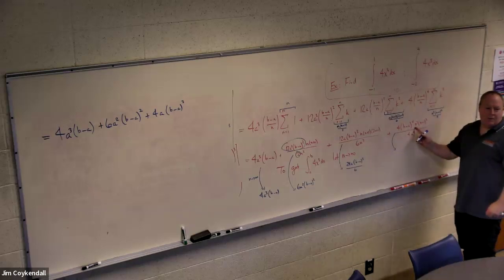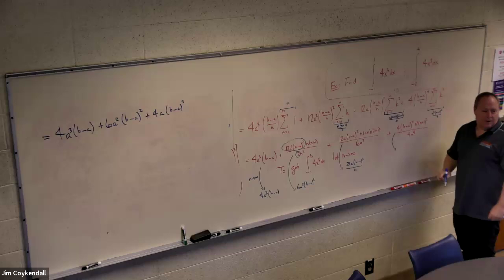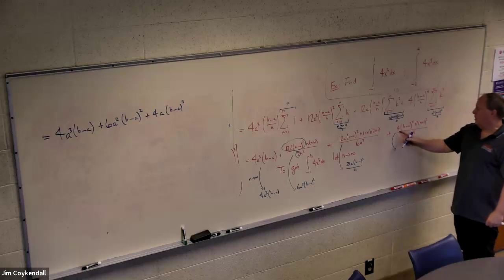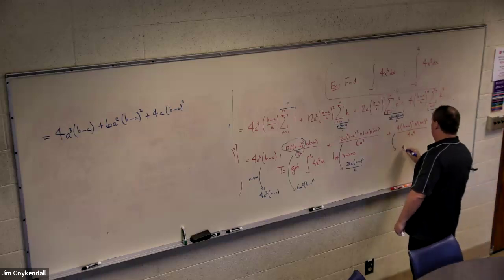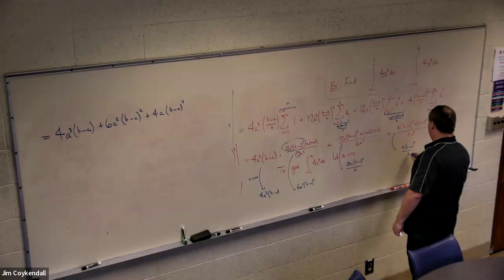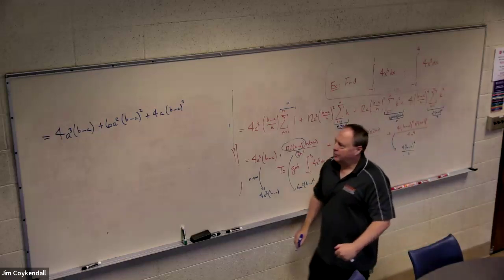Biggest power I see on top, 4. Biggest power on bottom, 4. What's the multiplier of the n to the 4 term here? It's 4 times (b minus a) to the 4th. On the bottom, it's 4. So I get